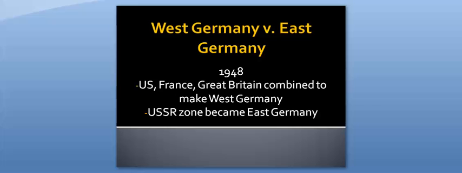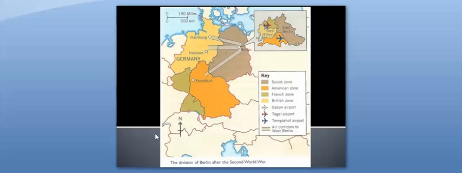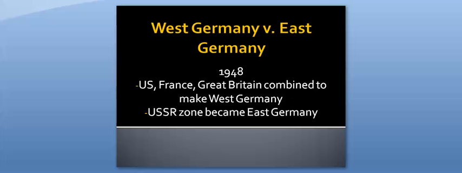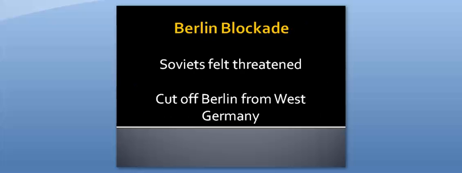By 1948, the US, Great Britain, and France had officially combined their zones, which created the nation of West Germany. The Soviet zone then became East Germany and was a completely independent country from West Germany. East Germany was the brown, and the rest of them were West Germany. East Germany included Berlin, 3/4 of which was actually controlled by the US, Great Britain, and France alliance.